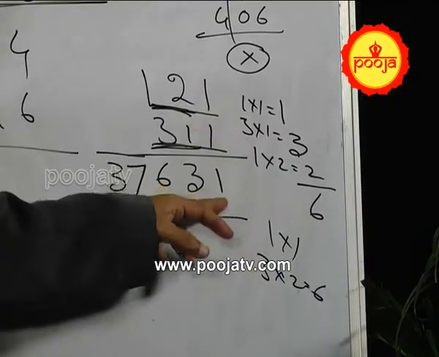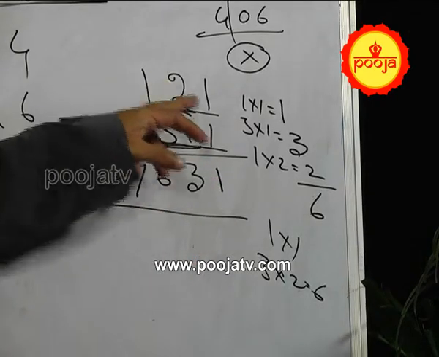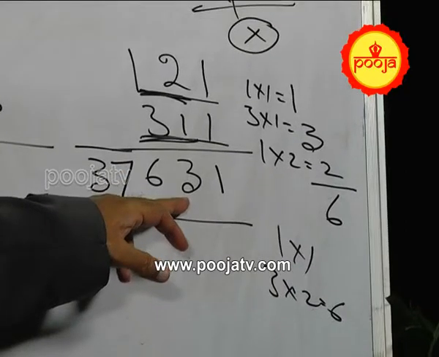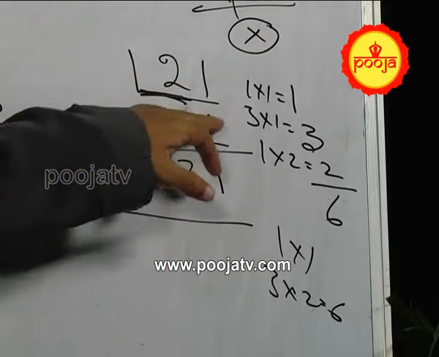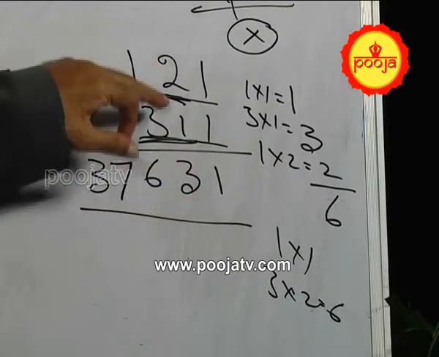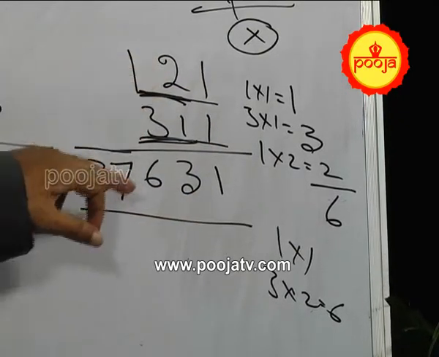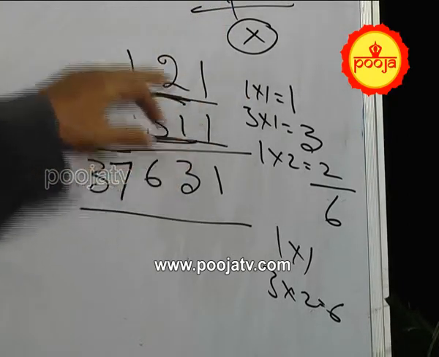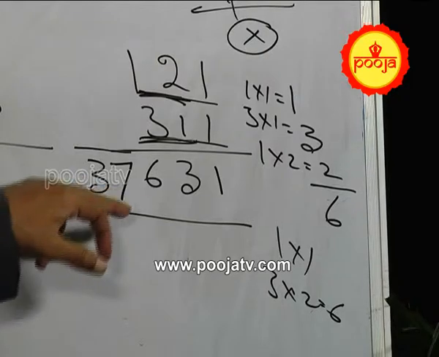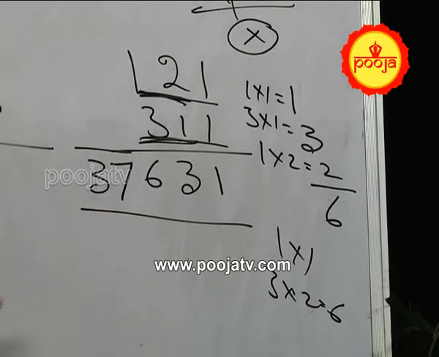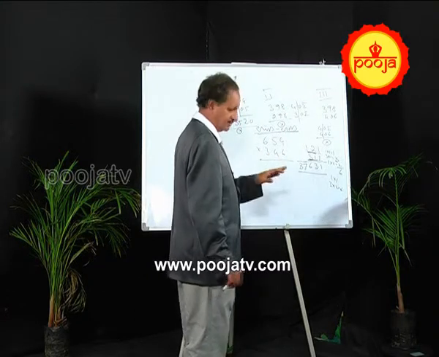I am explaining once again, please see. First 1 into 1, 1. Okay? Next 2 into 1, 2; 1 into 1, 1. So, 2 plus 1, 3. Okay? Next all the 3: 1 into 1, 1; 3 into 1, 3. 3 plus 1, 4, plus 2, 6. Next the last 2: 1 into 1, 1; 3 into 2, 6; 6 plus 1, 7; and finally 1 into 3, 3. Like that you have to do. Okay, I will show you the diagram, everything.